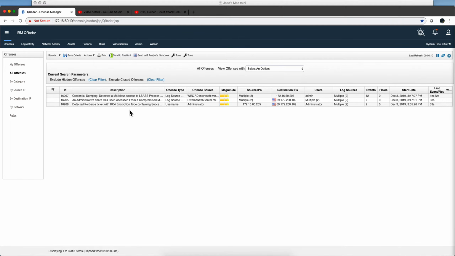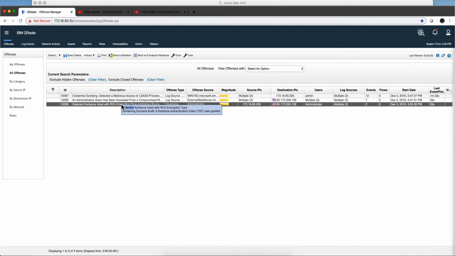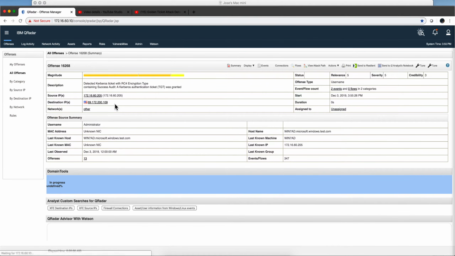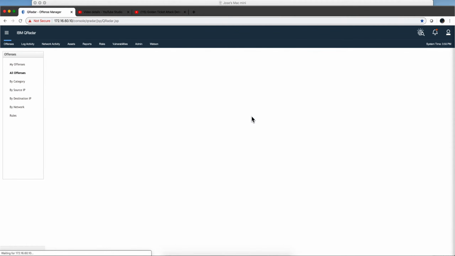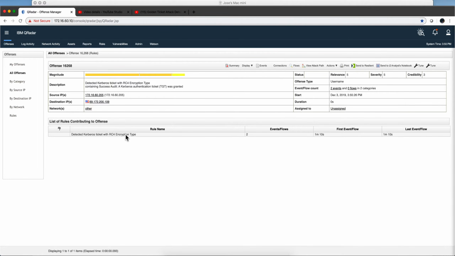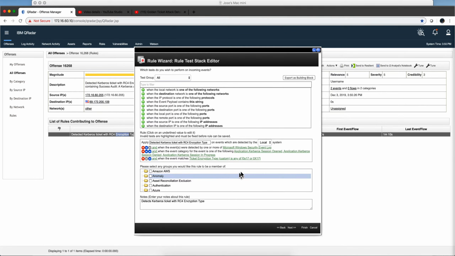So we have three offenses. These two are from the Sysmon package, even though I'm not getting Sysmon logs rather. That's another benefit of the Sysmon package. But this is the one that I want to actually analyze in the video. First, as usual, I like to show the rule, and this is the actual rule that